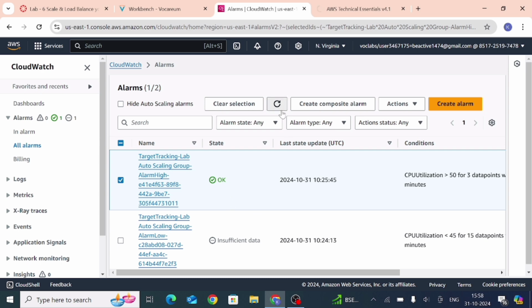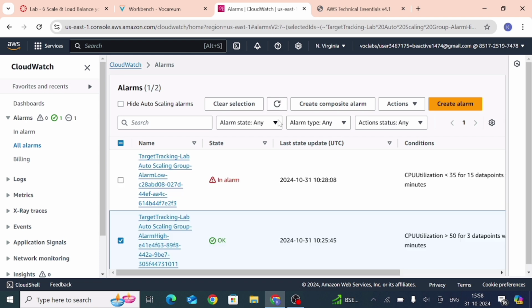After a few minutes, now this alarm high shows OK, and this alarm low shows in alarm. Refresh the page again. Now wait for a few minutes.